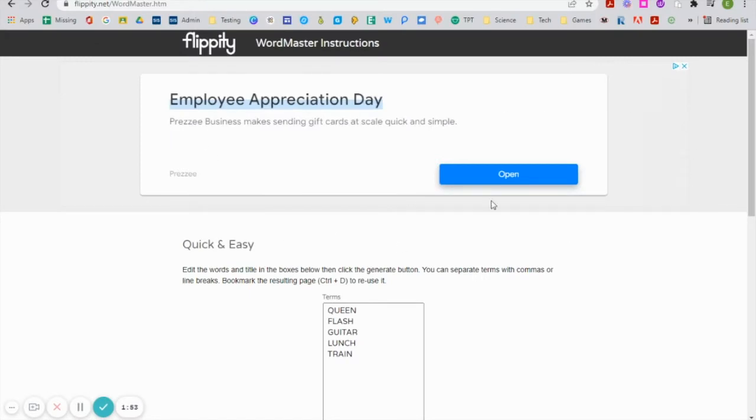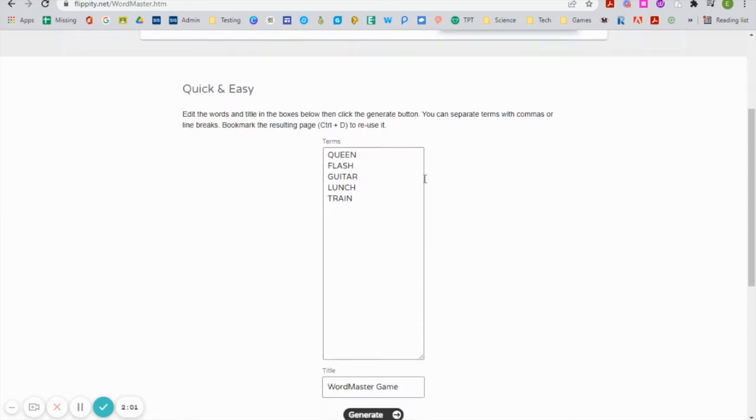Okay, so it shows this. I will warn you right here, you do have an advertisement pop-up. Never click on these things right here. It's trickery, sheer trickery, so please stay away from those. But if you go down here, they put some samples in there for you, but you don't need to do that. Just type in your word that you want to use.